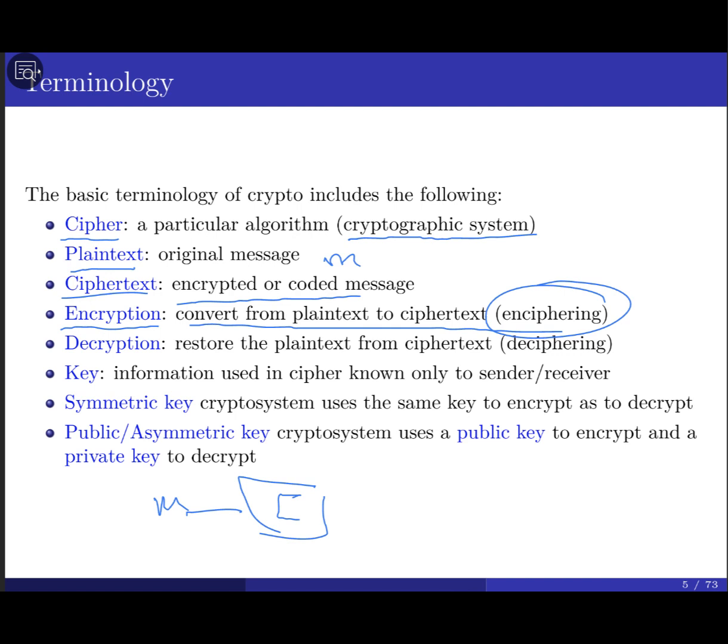Decryption. That means reverse whatever the encryption algorithm did. So in this case, I'm going to try to restore. If you have the message C, so the ciphertext is going to be C, and here I'm going to do decryption. I'm going to try to reverse whatever was done; the input is going to be the ciphertext, and the output is going to be the plaintext in this case.